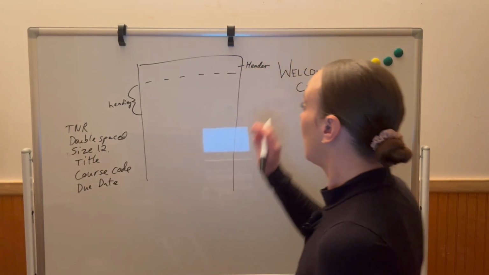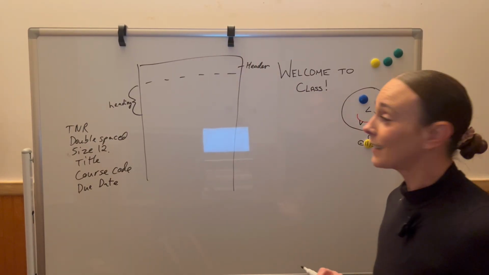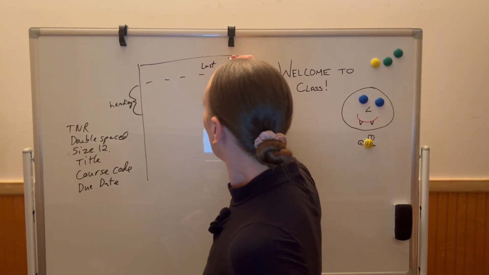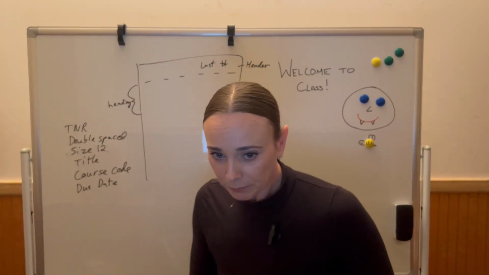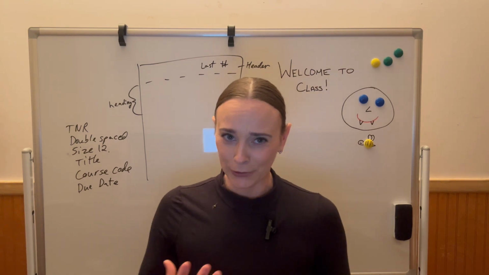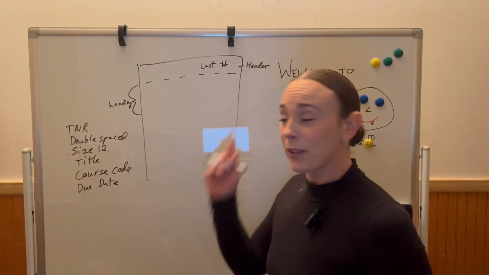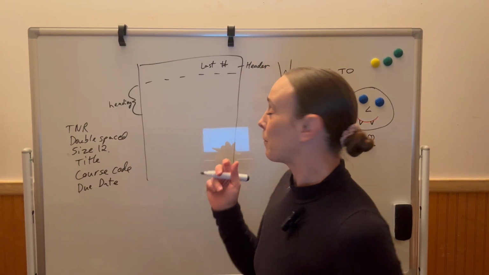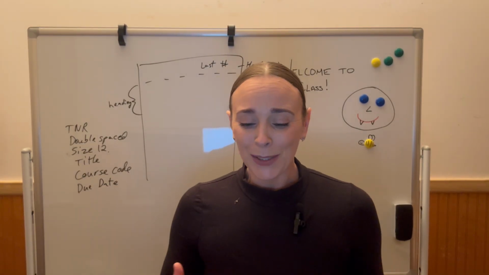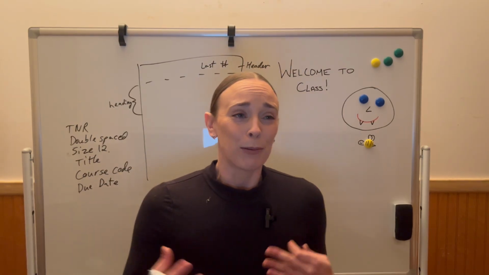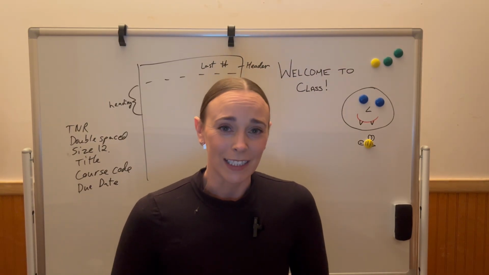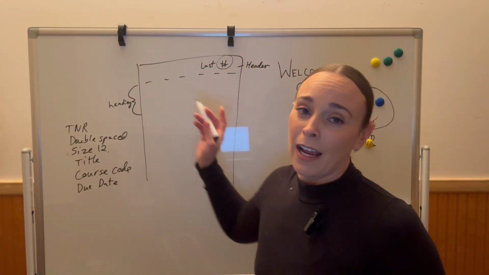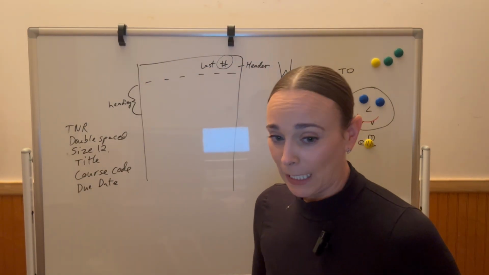So at the top right-hand side where the header goes, that will be your last name and also the page number. It depends on what platform you're using as to how you get up there. You can go to insert header or maybe just double click on it and insert page number. However you get to it, it's different on different platforms. Every platform has like 6 different ways of getting to the same thing. So the main thing that you're looking for is insert page number. And then once you get up there, you can type in your last name.